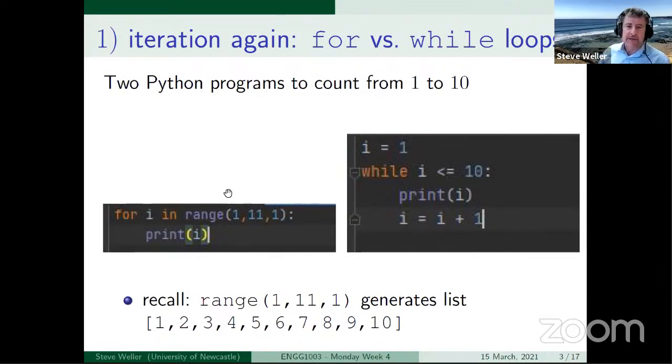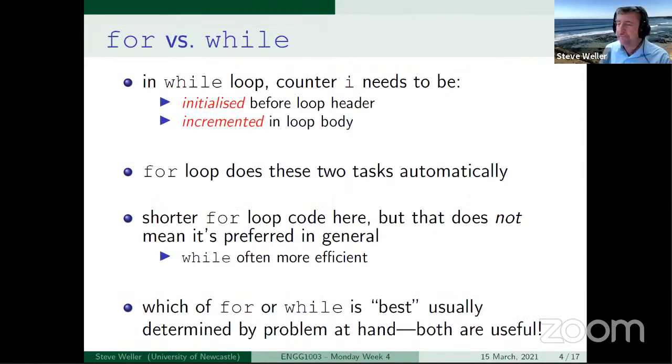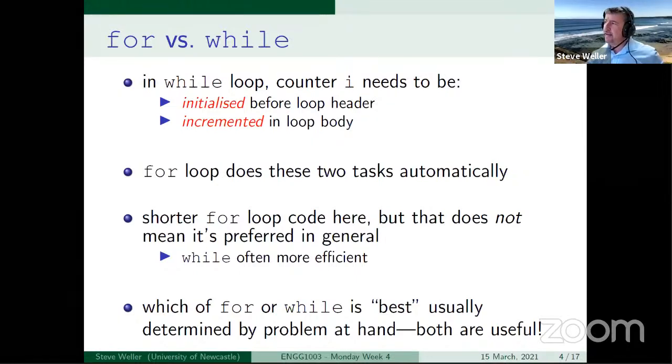Which is really interesting. What it means is that there are real key differences between the for loop and the while loop. So in the while loop, the counter needs to be explicitly initialized and also explicitly incremented in the loop body, whereas the for loop does these 2 tasks automatically for us.